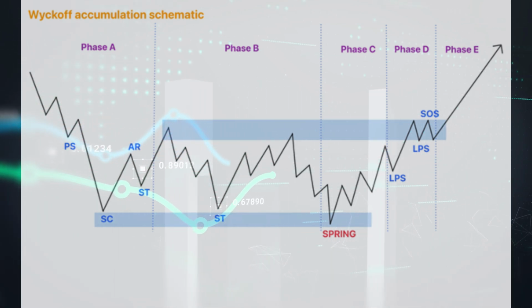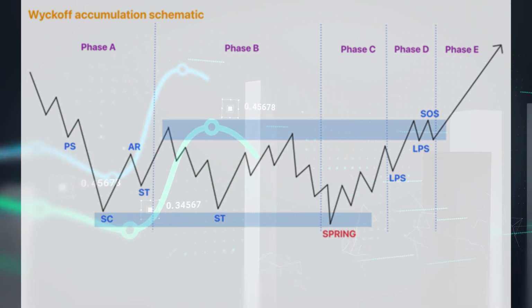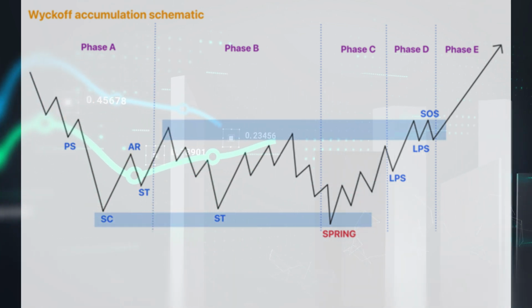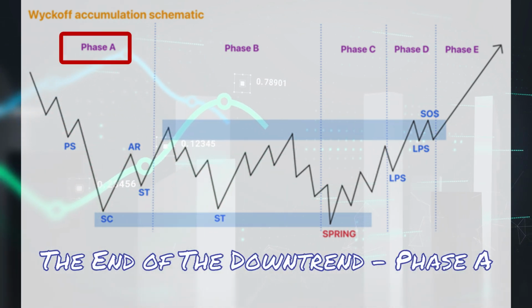Wyckoff divided the accumulation stage into little sub-phases. The price movements are each telling a different story. The end of the downtrend, Phase A. Here, the selling pressure